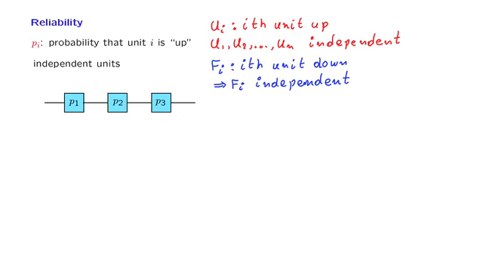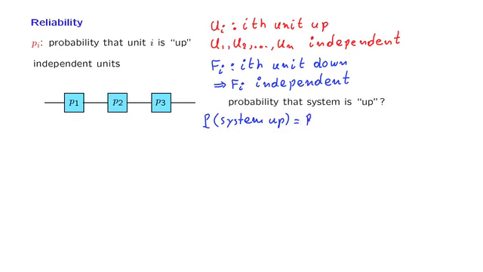and now we move to do some calculations for specific systems. Consider a particular system that consists of three components, and we will say that the system is up if there exists a path from the left to the right that consists of units that are up. So in this case, for the system to be up, we need all three components to be up, and we proceed as follows. The probability that the system is up,